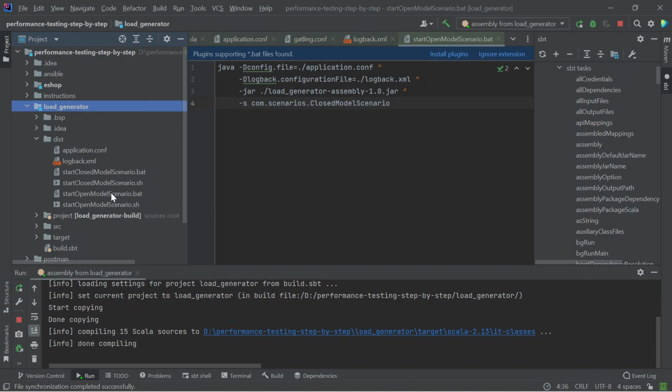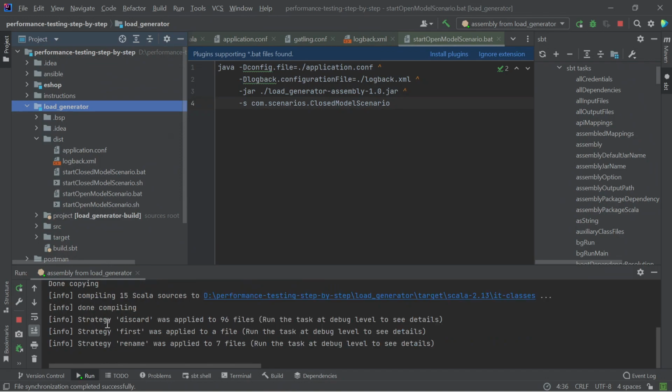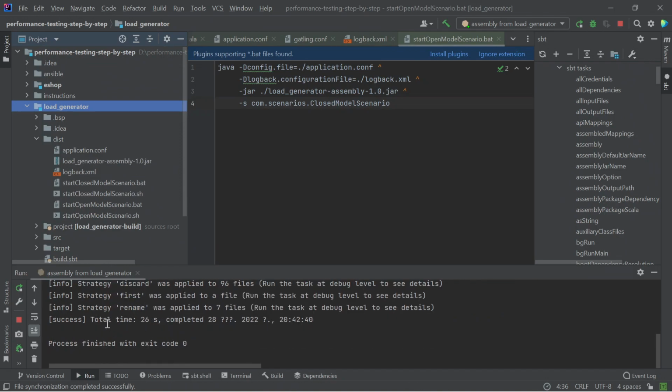And now we are creating a jar file, which is our load generator. The task was completed. The generator has been created, and in the future we will copy it to the remote machine using Ansible.